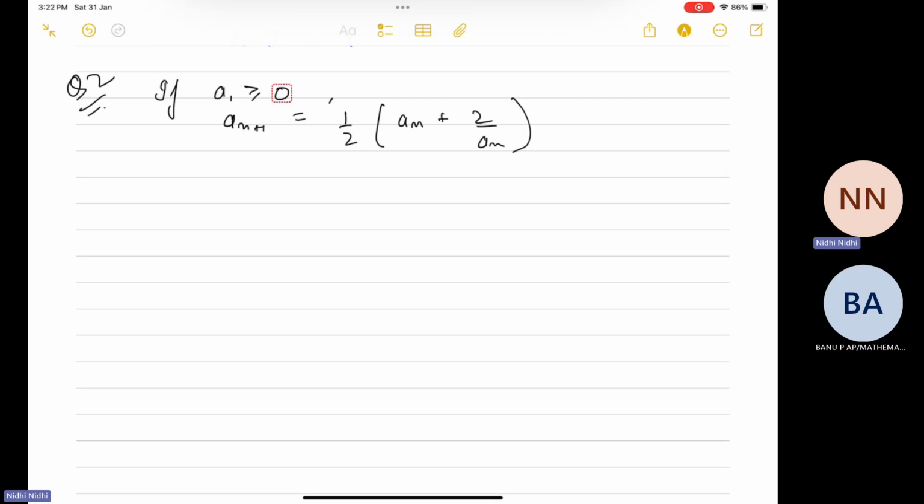Here each term is governed by the previous term. So basically, in order to find any term of the sequence, we need to know what was the term before it. So such sequences are called recursive sequences. And this is happening for every n greater than or equal to 1. Then show that